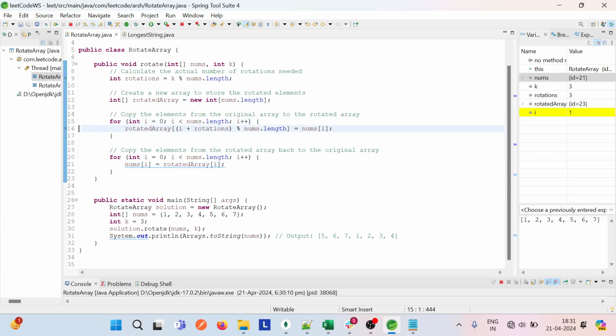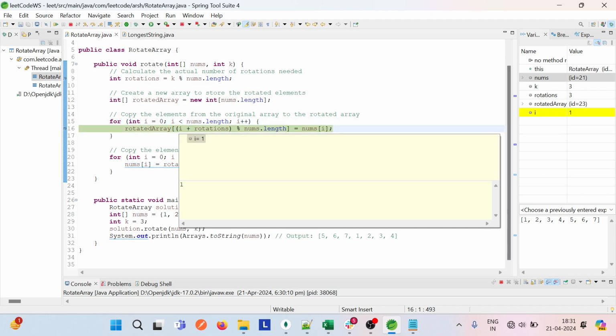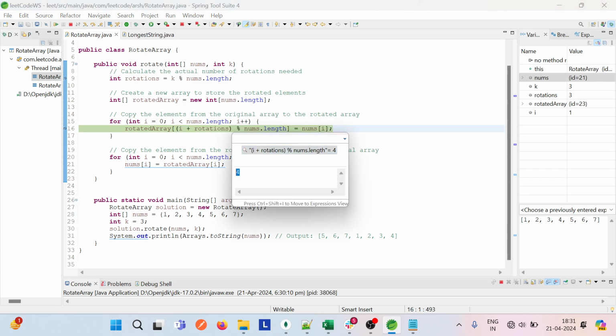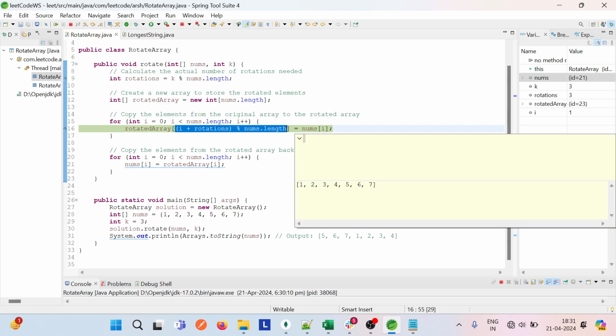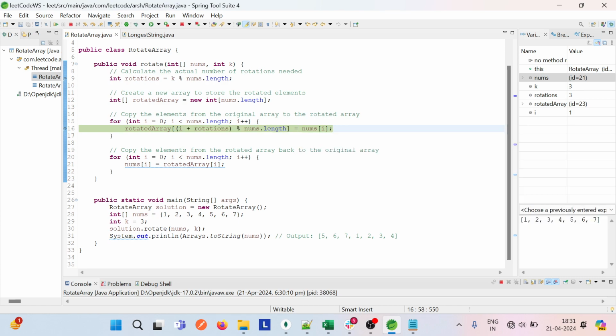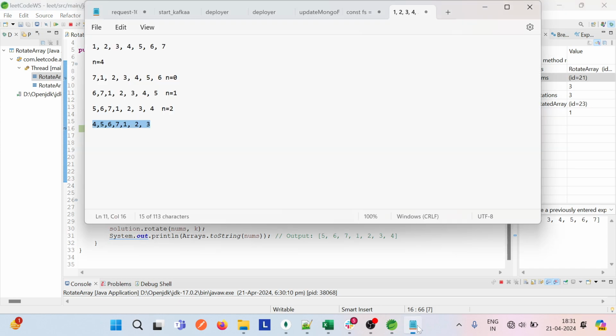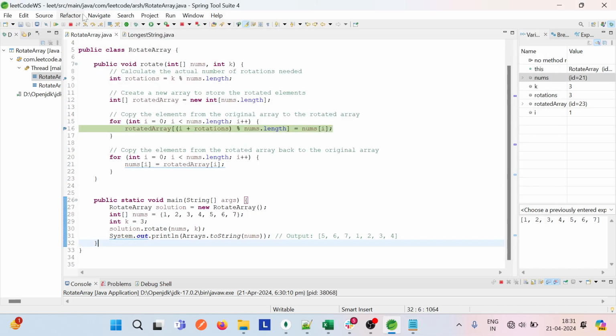I will show you one by one. Now i is 1 and rotation is 3, and nums dot length is 7, and the value is coming to 4. As I showed you in the first round, the 7 will come in first place and the rest of the values will be the same.